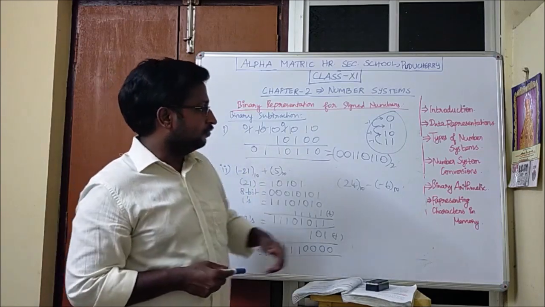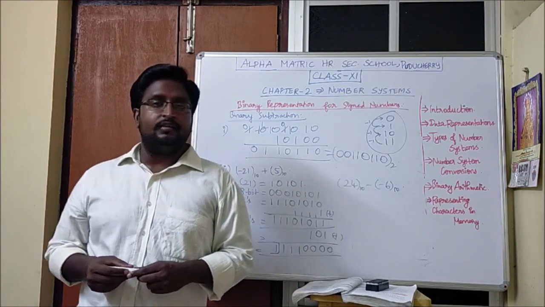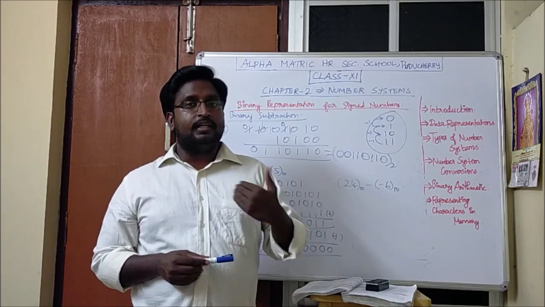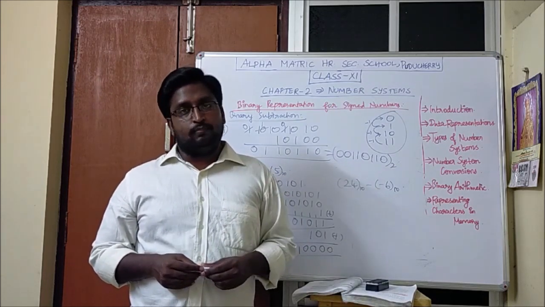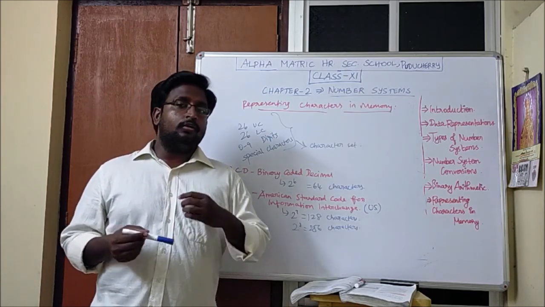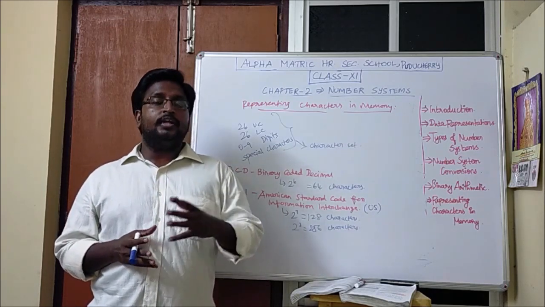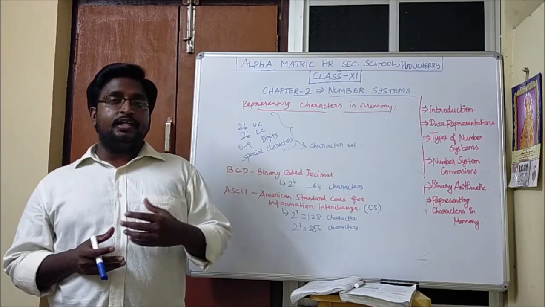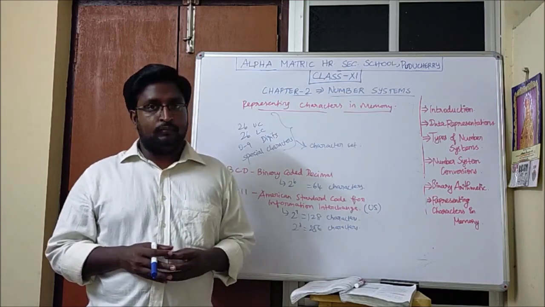The last topic which we are going to discuss here is representing characters in memory. There are various coding schemes available to represent characters. The characters which you give are represented based on those coding schemes. Whatever characters, whatever input we give to the computer, it can understand only in number format. So for identifying those numbers, various coding schemes have been developed.